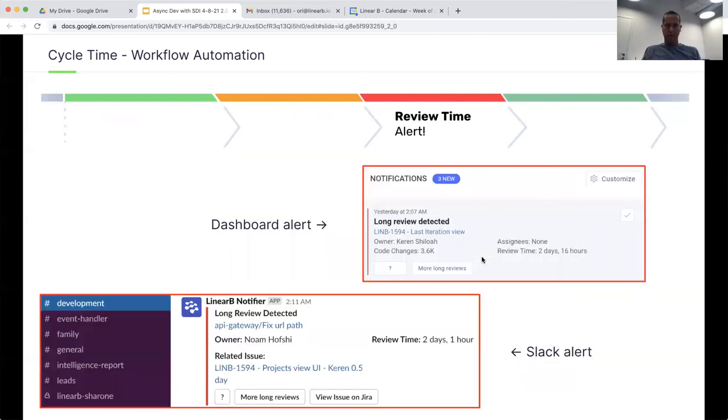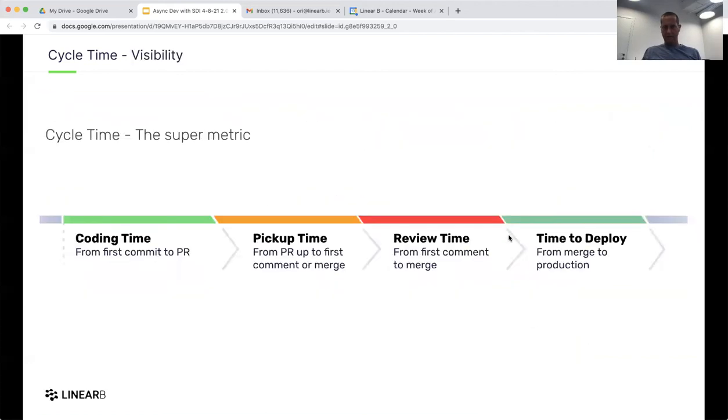And then what will happen is that every PR that crosses the threshold will now send an alert: hey, long review detected, jump in and see if you can improve the time and make sure we're pushing things faster. So again, taking a step back for a second, visibility is great. Know your review time. Know if it's on average 1 day. It's a great baseline. Now you want to improve.